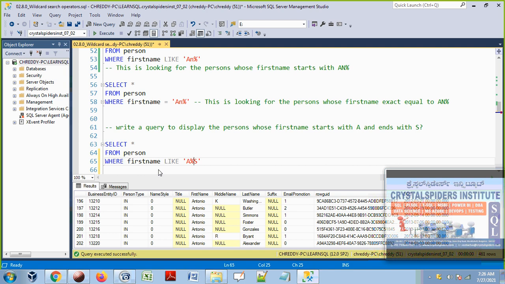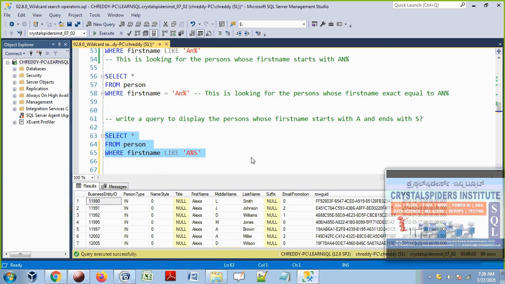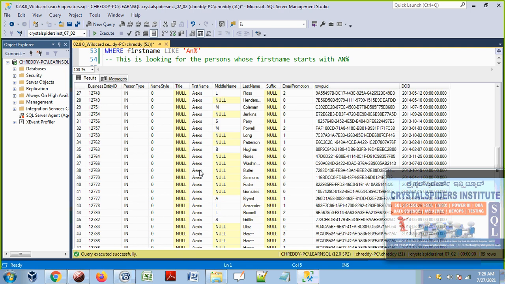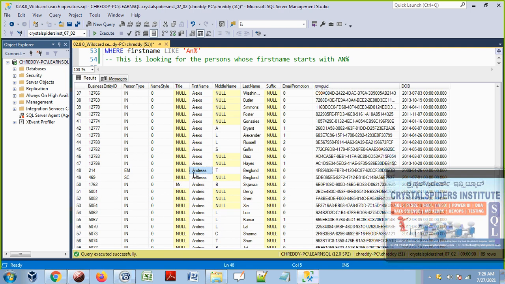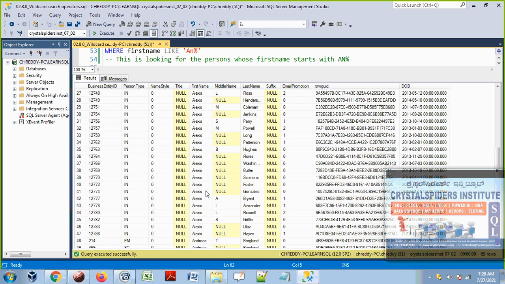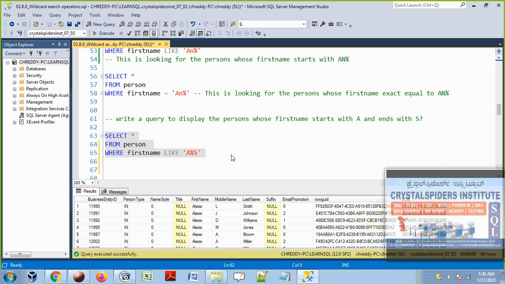Now I am going to display all the persons whose first name starts with A and ends with S. You see, all these people, Alexis starts with A and ends with S, Andres starts with A and ends with S. Only a total of 69 records, guys.